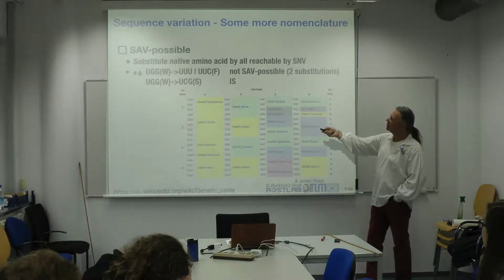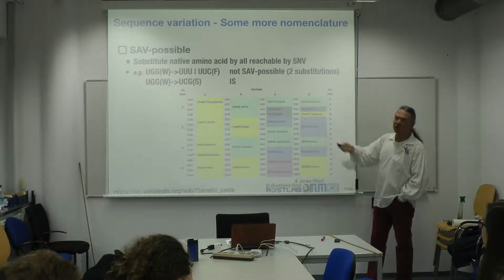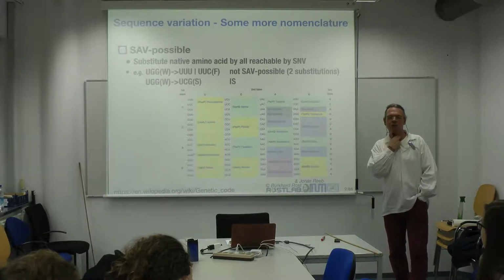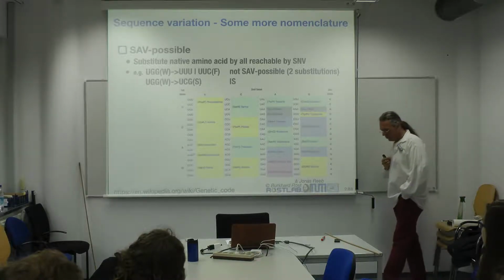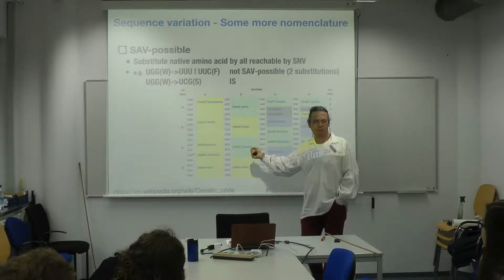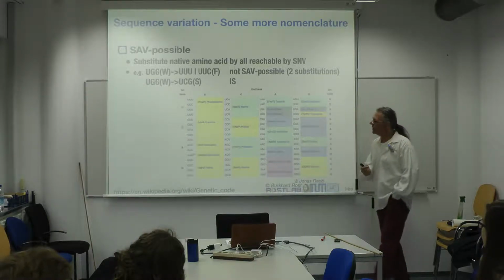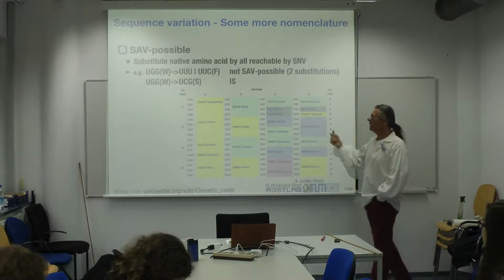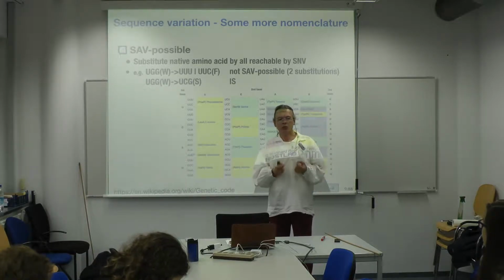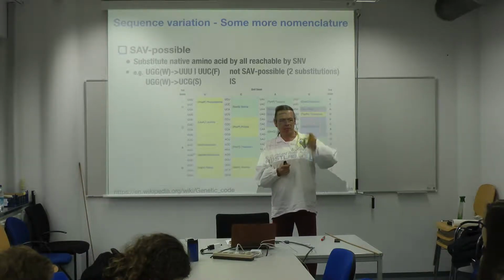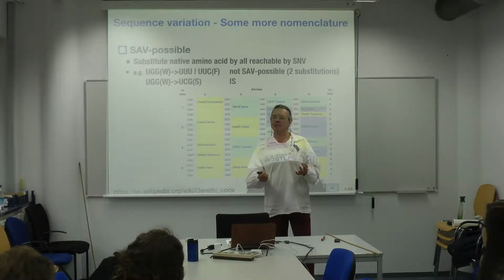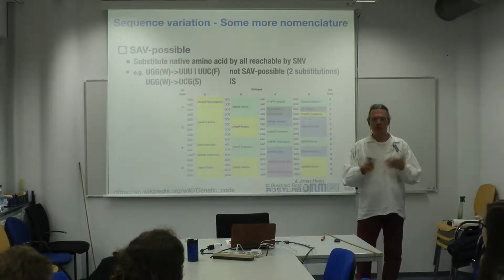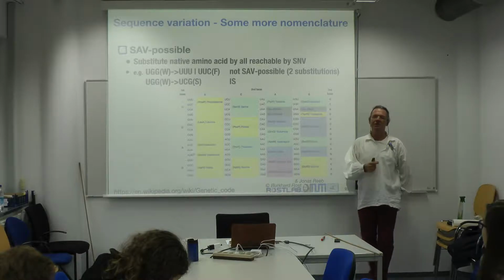This one here would be UGG to CGG. You simply switch the central G to a C and you get a new residue. So W to S is an SNV possible change. Okay, and this plays a role because some prediction methods actually use this feature, in order to see whether we can differentiate the effect that we would reach in the molecular experiment. So this implies that in nature you cannot get 19 non-native by single SNVs. Some variants cannot be reached by a single nucleotide variant. Again, we have enough space in evolution to have more than one change, so you could in principle change every single amino acid.